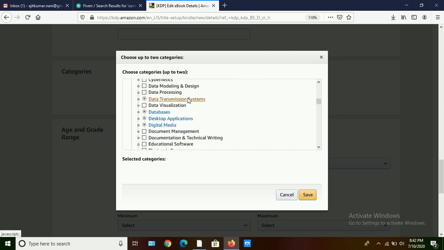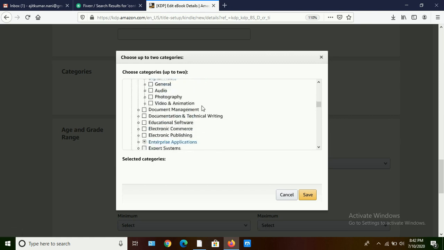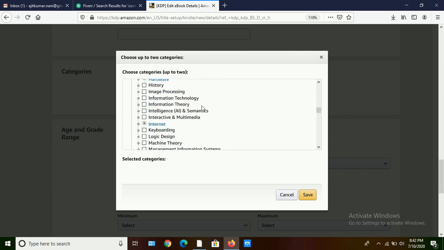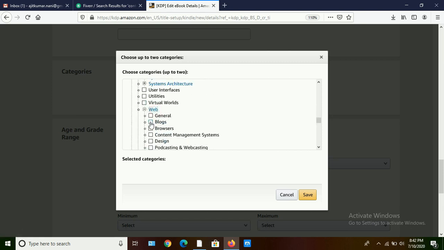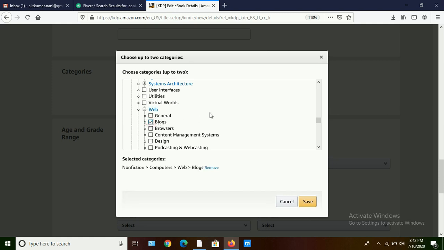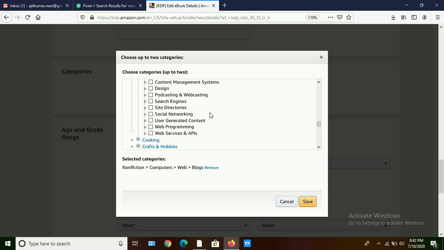Every category will be under this in Amazon KDP. Then people who are searching for a particular thing can see your book. Yes, blogs. We can give only two categories, not more than that.